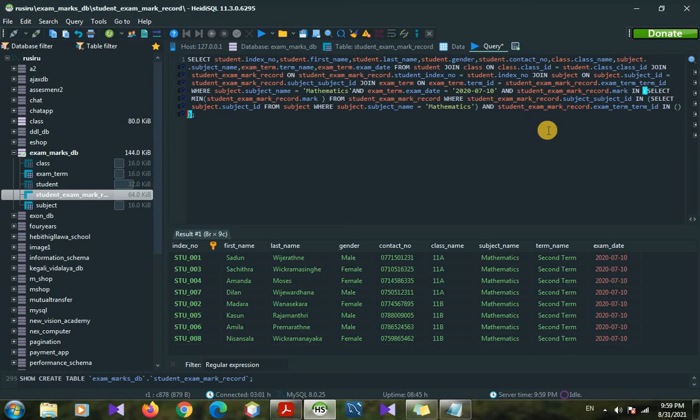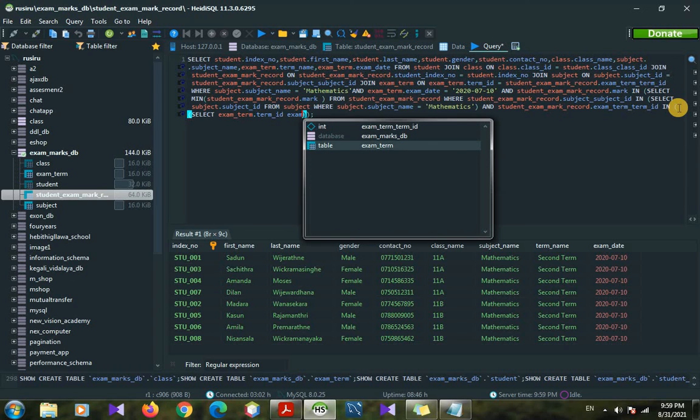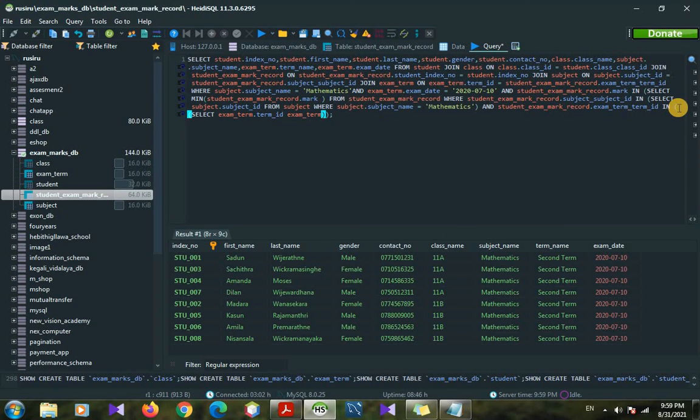So here we can put in, select exam term table dot term id from exam term table. Here it should be exam term table. So here we can give the table name as exam term.